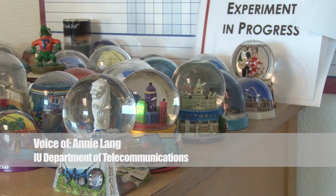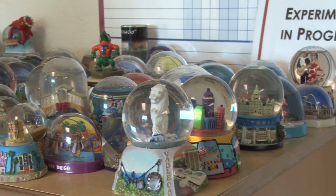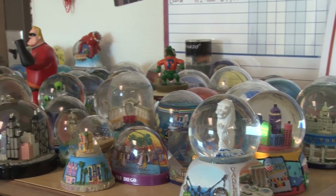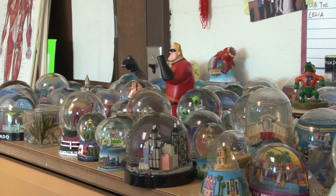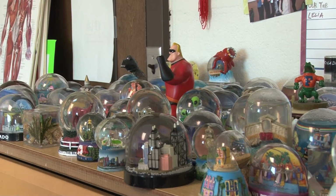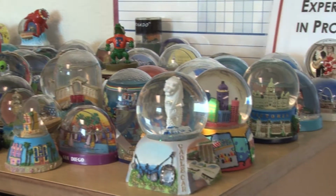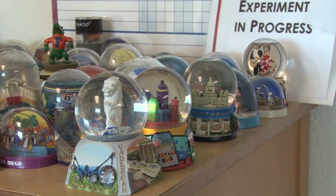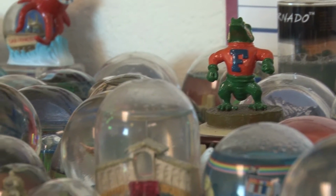Okay, so this is the lab snow globe collection. We started the snow globe collection probably in 1996, which was the second year after I got here. And the lab was very small, consisted of Rob Potter and Paul Bowles and Nancy Schwartz and Jen Borse and me. And we used to have our lab over on Park Street, and it was in a little old house